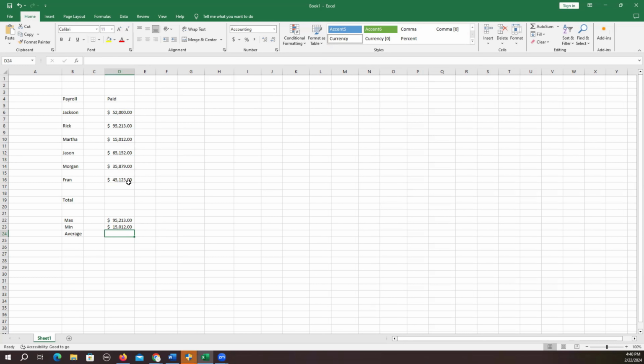$15,012. So the next one we're going to do is going to be a little bit more advanced as far as finding out who makes the average. We want to actually know, I'm going to take all these numbers and divide it by the amount of people up there. So let's go to the next cell, hit that, hit equal sign, and then